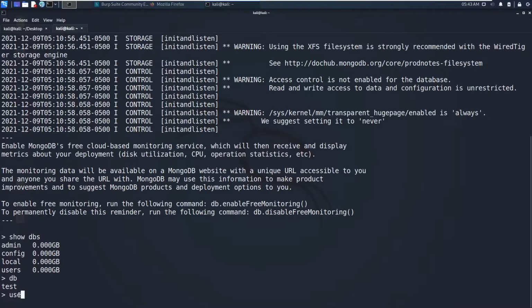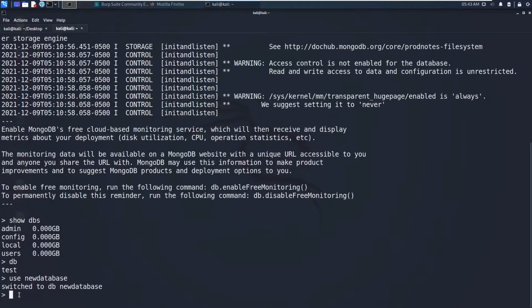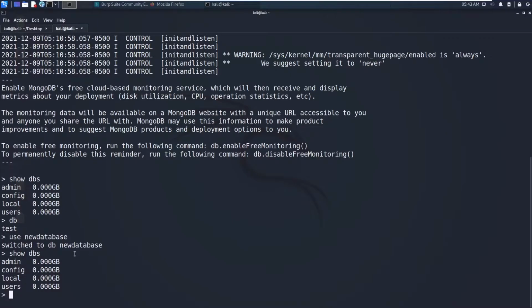So you can say use, and the database you want to use. You can also give a non-existent database as well. So if I say use newdatabase, and now say show dbs, you can see you did not get any new database, because you need to insert some data for it to be saved.